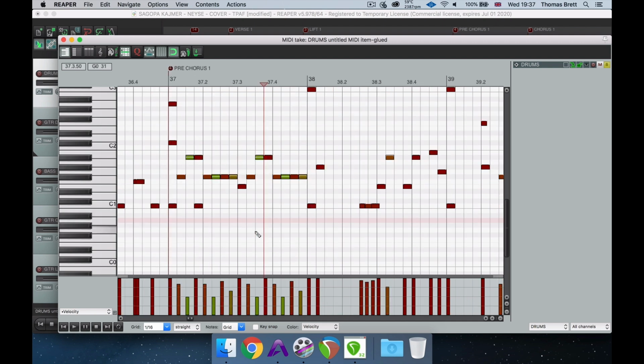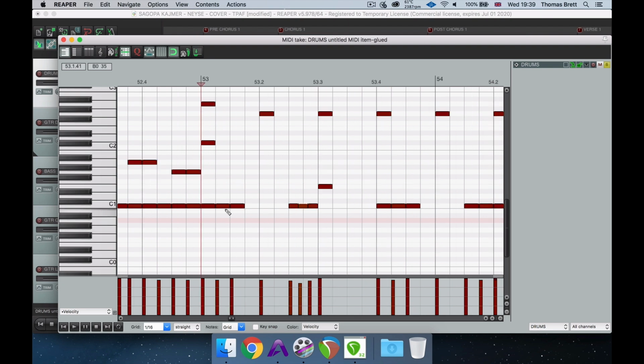The same thing I was talking about to do with the drummer's arms hitting at slightly different velocities also applies to their feet. As you can see here, while I was programming these double kicks, I programmed all of the right foot kicks at 127 and all of the left foot kicks slightly lower, around 120. With these fast bursts of double kick over here,